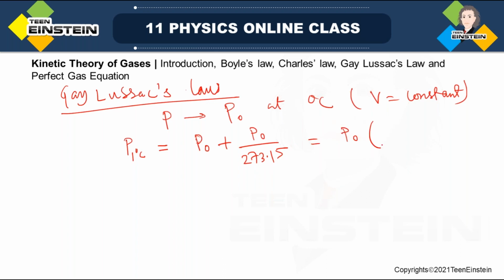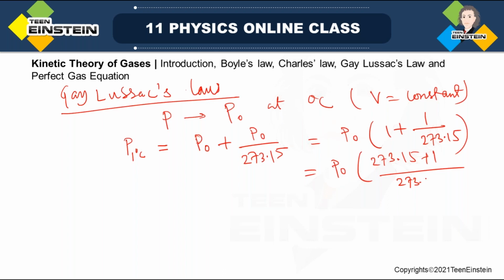that is equal to P0 times 1 plus 1 over 273.15, or we can write this as P0 whole into this, 1 plus 1 divided by 273.15. So if we write for 2 degree centigrade at constant volume, it will give you 273.15 plus 2, obviously this is in degree centigrade, divided by 273.15,